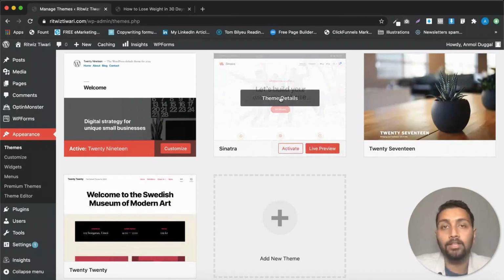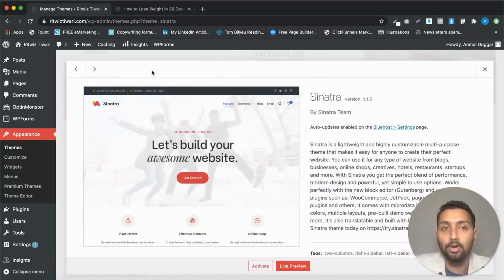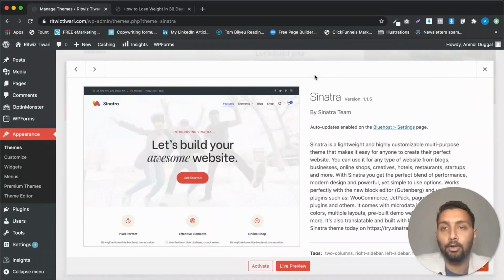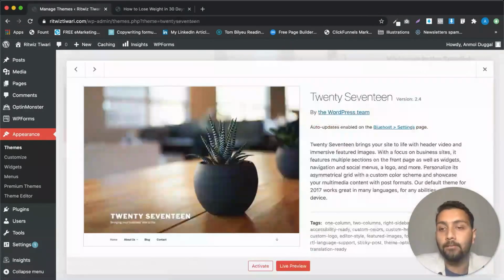All right. This is something which a lot of people don't do, and they just clutter their website with stuff that is present on the server without any use, making the server heavy and reducing your space on the server. Okay. So let's just delete these themes. What you have to do is click on the theme details part and click on the delete button. I'm going to delete all of them in front of you, and we will just keep one theme that we need for our website.